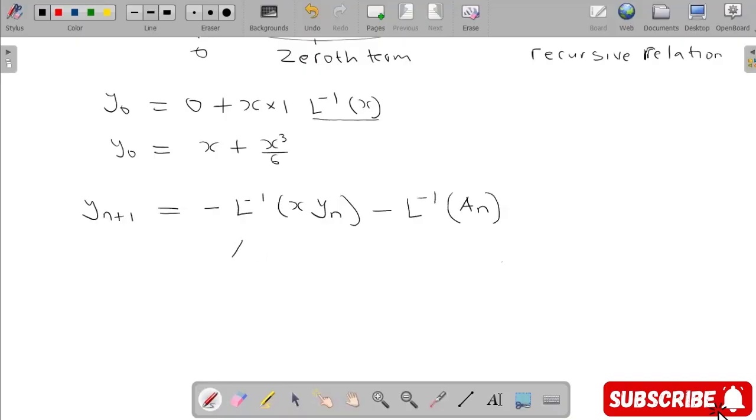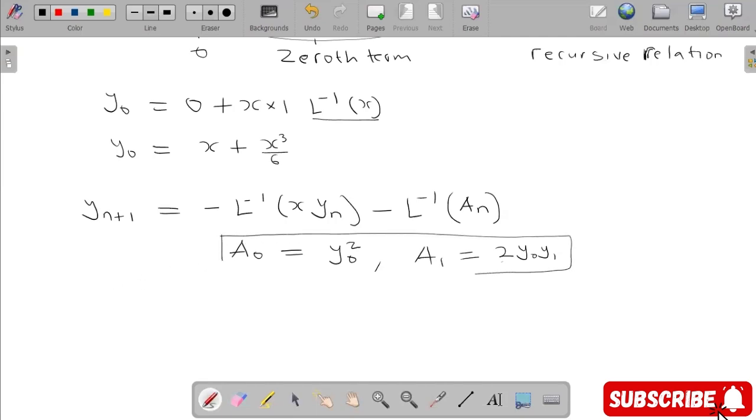The Adomian decomposition for y², like I said and explained, gives A0 equal to y0 squared, and A1 equal to 2 y0 y1. So we just go ahead and apply it. So when n is equal to 0, we have